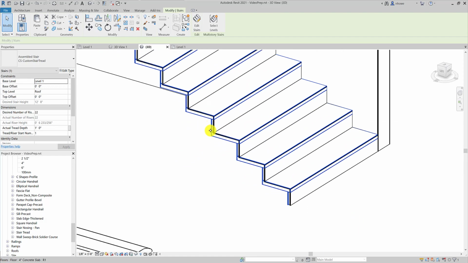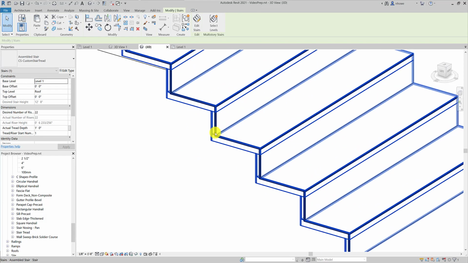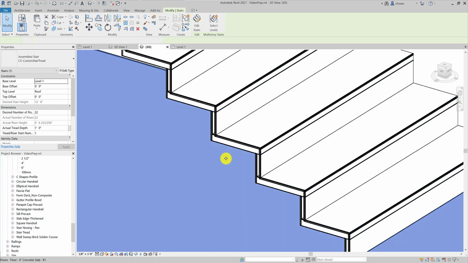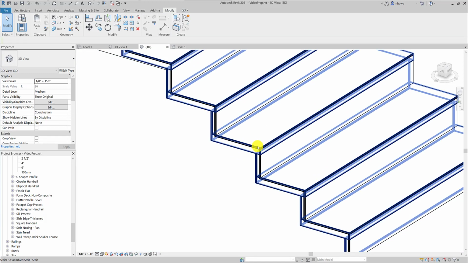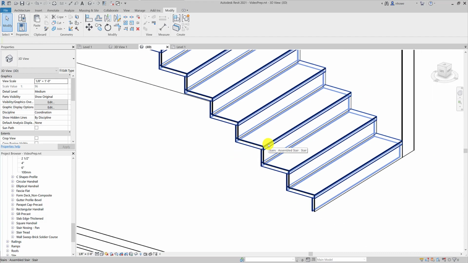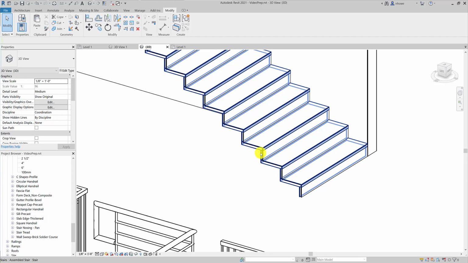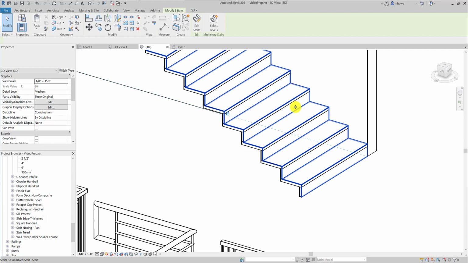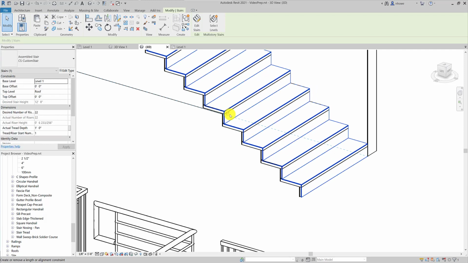Okay, so we can see that there's a couple of weird things that have happened. One, it's built so that it keeps the top of the stair exactly where it should be, and then everything else kind of moves down from there. So what we need to do is grab the original, our bent plate one,